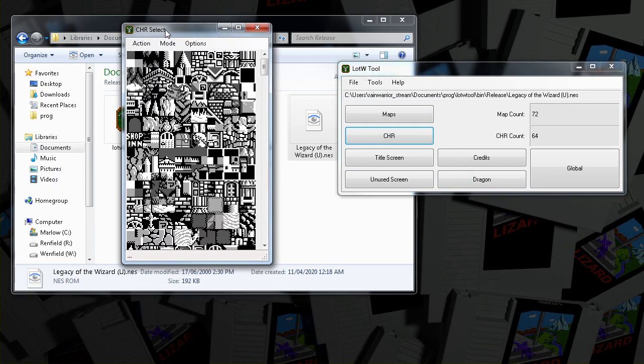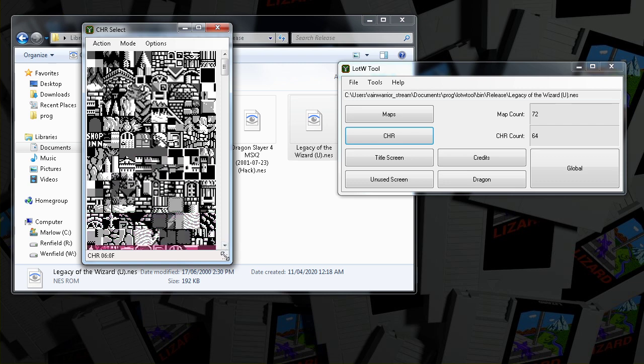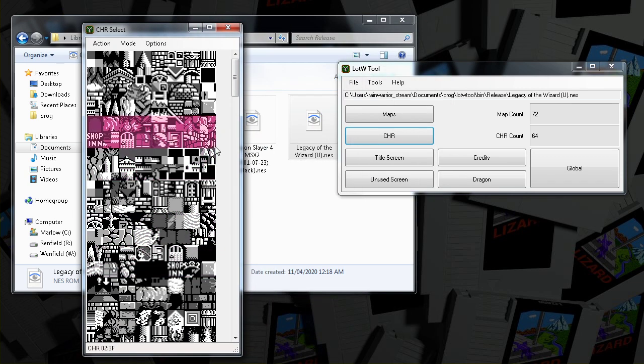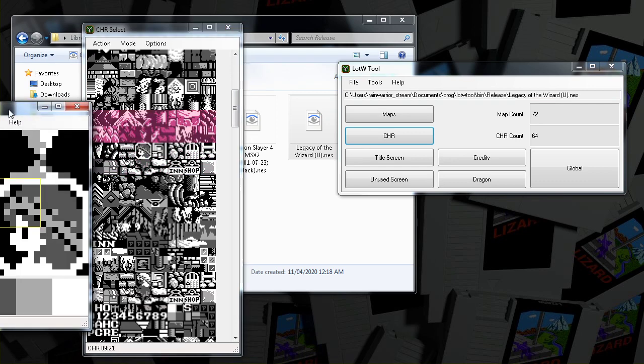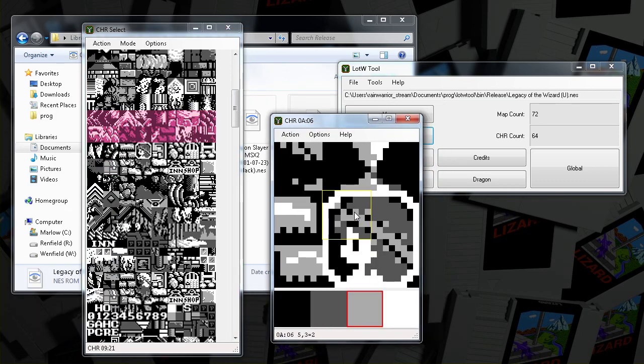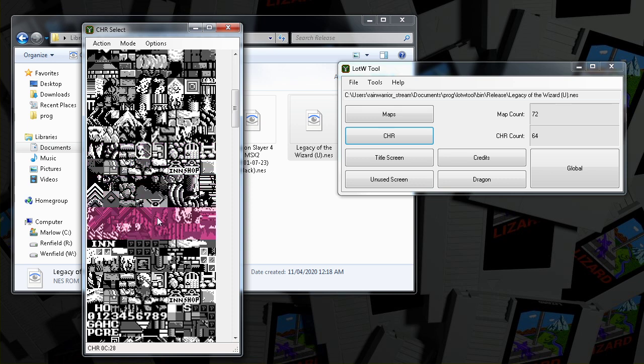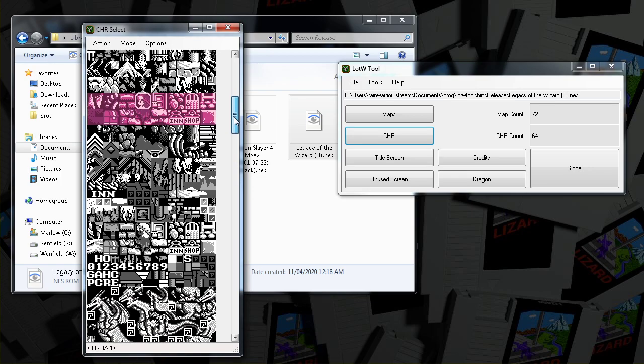So other than that, there's a couple of other things. The CHR I mentioned is basically the NES graphics, like how the hardware sees the graphics. You can look at all these 1 kilobyte pages. If you want to edit one, you can just click on it, and there's a rudimentary pixel editor in here, so you can just draw. That works, but what I'd really recommend if you want to start editing these is right-click and then export it to a PNG. Then you can edit it with whatever graphics editor you want. Or if you have NES tools, there's the standard CHR format. You can just export it and open it with something that works with that stuff.